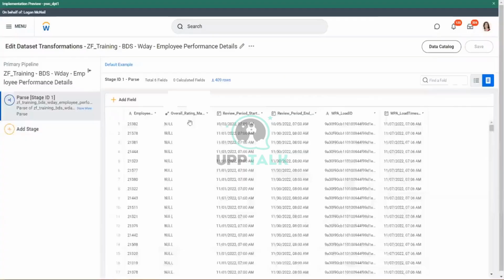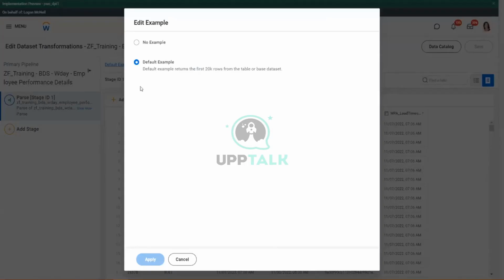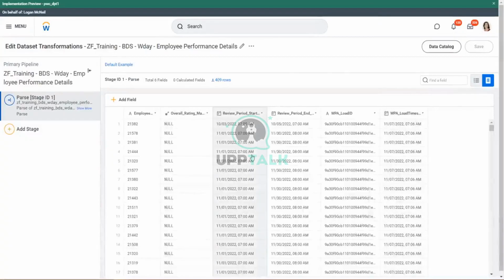For example, you want to see specific data if there are more than 20,000 rows. Obviously, Workday doesn't show everything and it shows the first 20K. If you want to see some specific data, you can add that filter and Workday would show you that example data, those specific rows. That's the latest enhancement that Workday has delivered. But you can access all of that using here, and it's exactly similar to how you add a filter stage. All right, I want to come here and I'd also want to load data for 2021